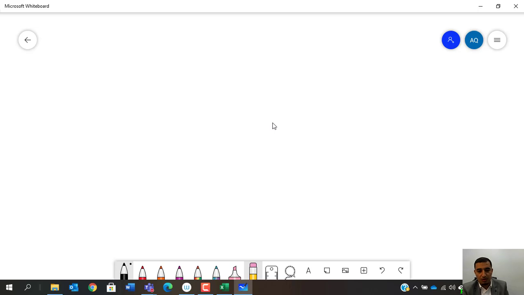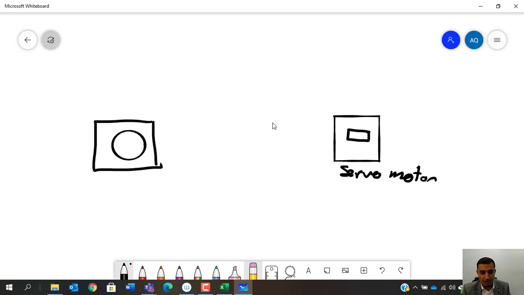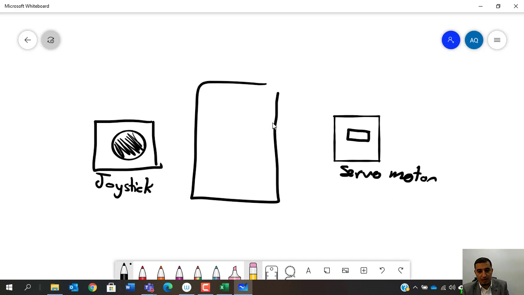And how am I going to interact with the people inside my project? So I want to control a servo motor. Let's assume this is my servo motor. Using a joystick, and the joystick will look something like this with a black circle inside. So this is my joystick. Now you have here your microcontroller,